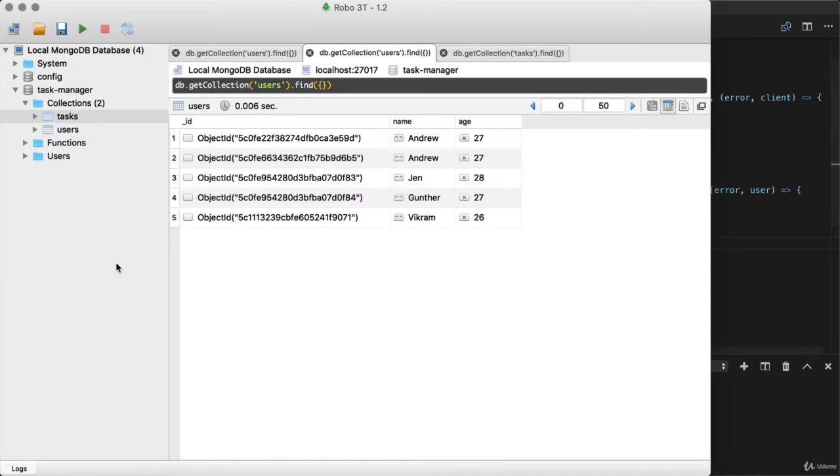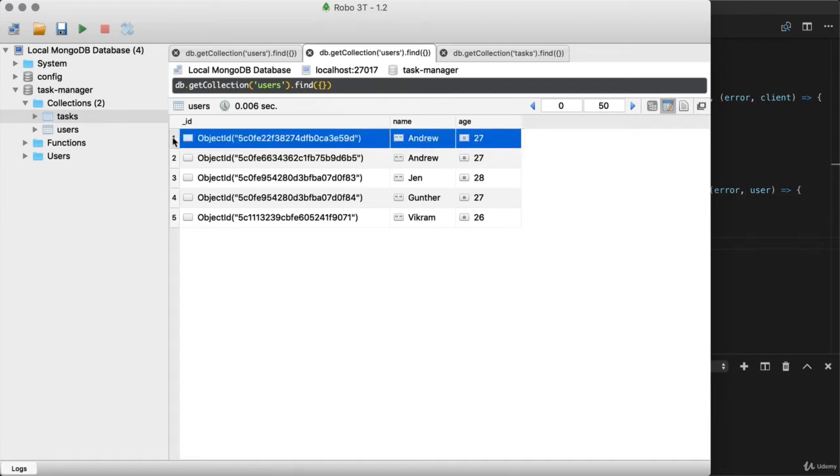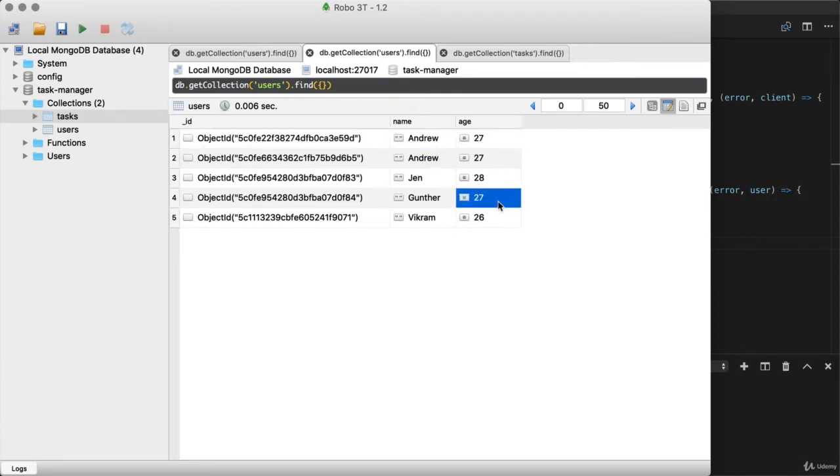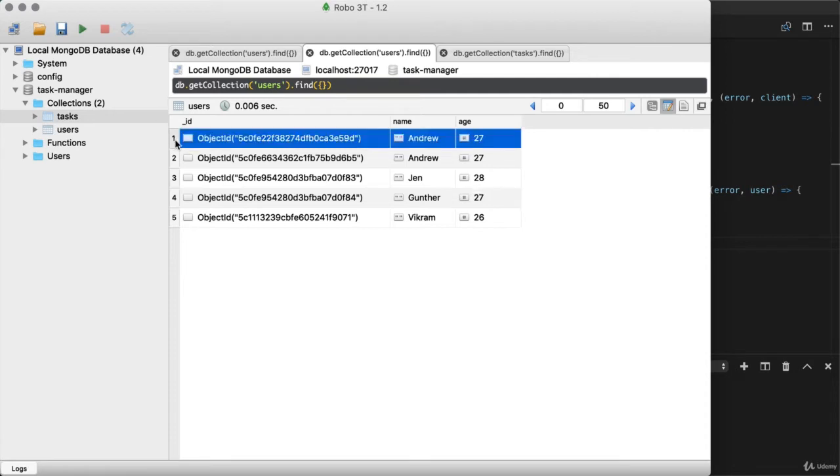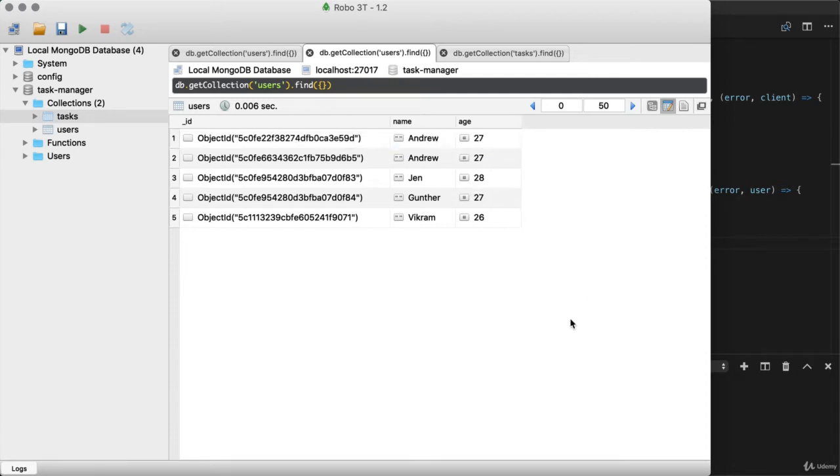If your query matches multiple documents, it's just going to grab the first one. So for example, there are 2 users with the name of Andrew, it's always going to return this first document if we just searched for name Andrew, and we have 3 users who have the age of 27. We're always going to get the first one back. Now, if we wanted to search for a specific document, we could always do that by its unique identifier. So let's go ahead and do that before moving on to find to search for multiple documents.